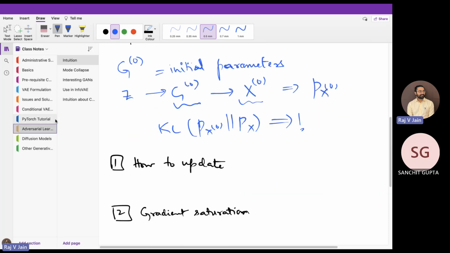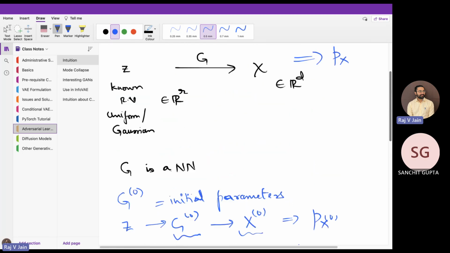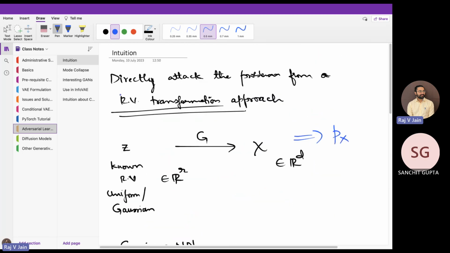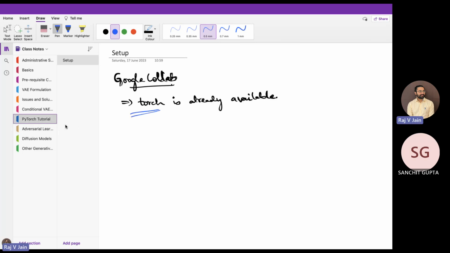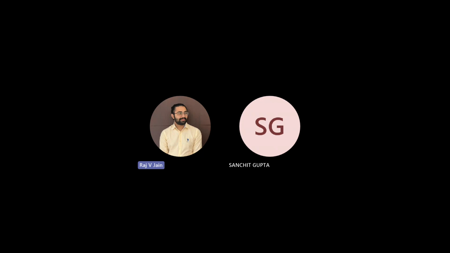We also gave a starting idea about adversarial learning. So we'll consider this either today or in the next class. Okay, so with this we'll start the PyTorch tutorial. Again, I've shared the